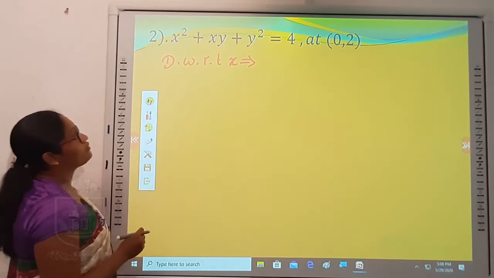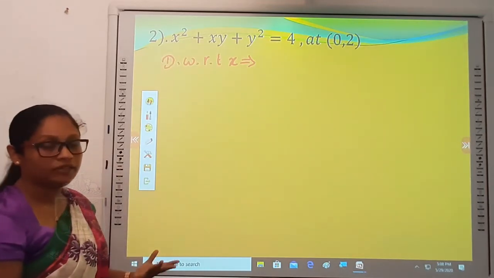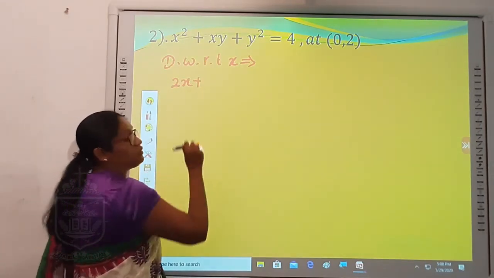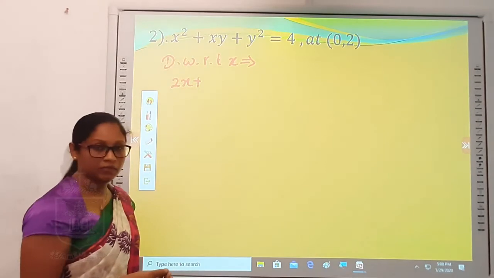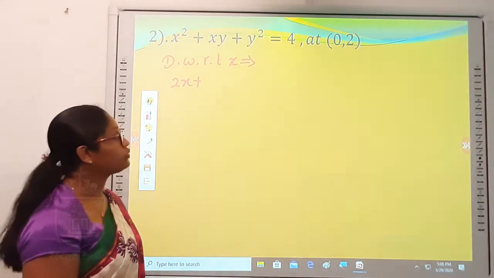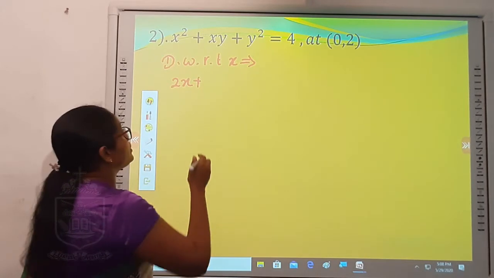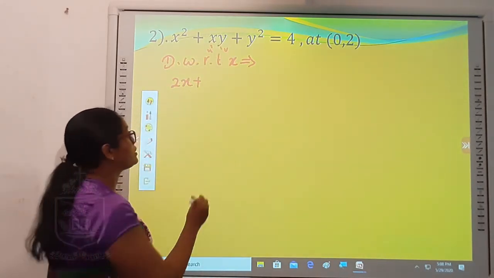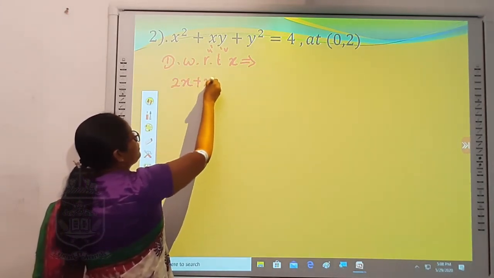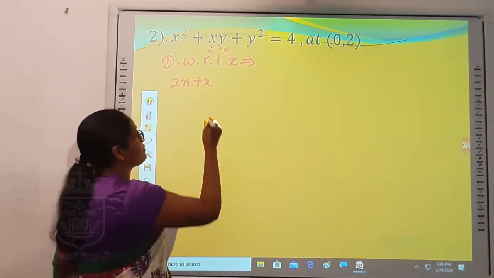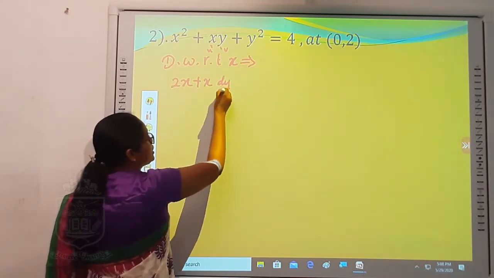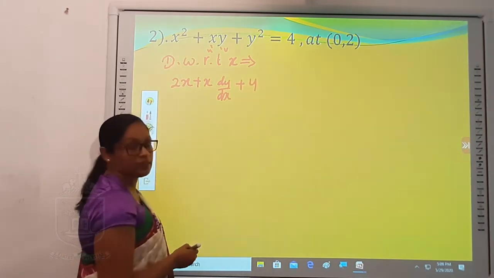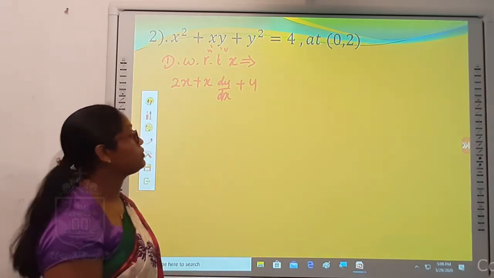So the first term, if I differentiate, it is x squared, so directly we can differentiate, the answer is 2x. And then for this term, you have to apply the product rule, because x is a variable, y is also a variable. So if I take this one as u and this one as v, you can apply the uv rule. So I keep x and differentiate y with respect to x. You can write the notation here, that is dy over dx, plus, and then I keep y and differentiate x with respect to x. The answer is 1 there.